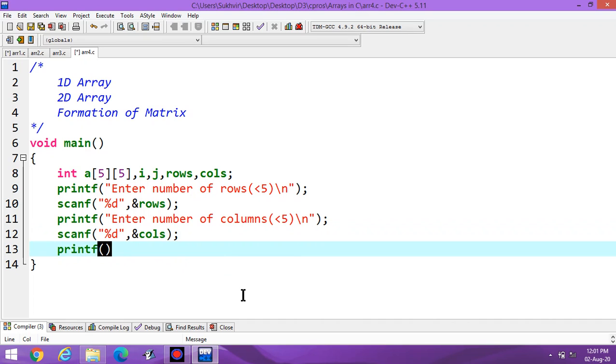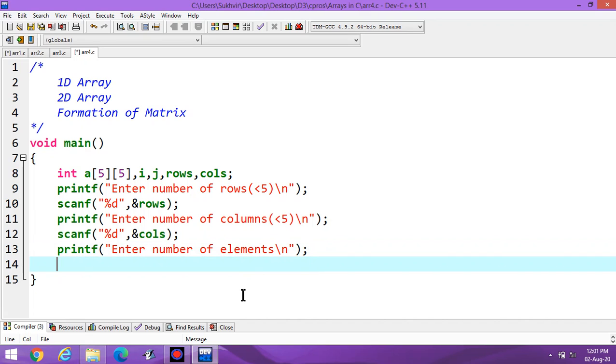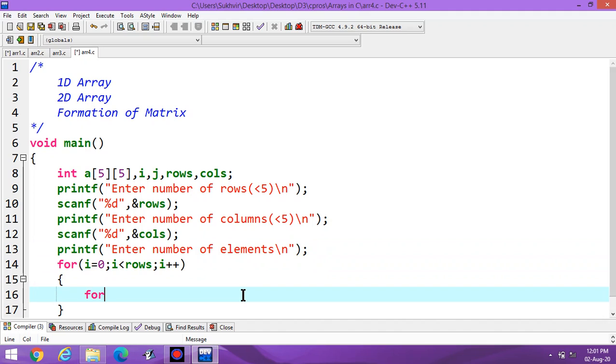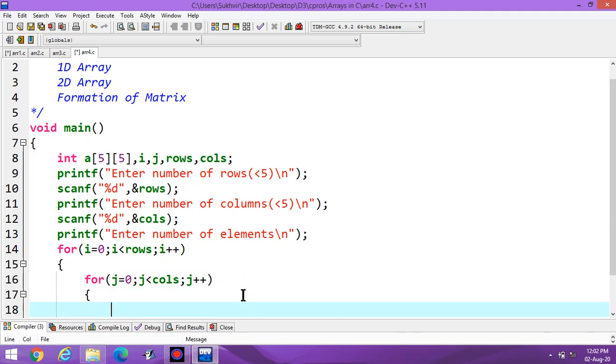It means now I have to write printf enter number of elements, then using for loop I is equal to 0, I less than rows, I plus plus, then again I have to apply for loop, j is equal to 0, j less than columns, j plus plus, then entry of data, scanf %d, then ampersand a[i][j].